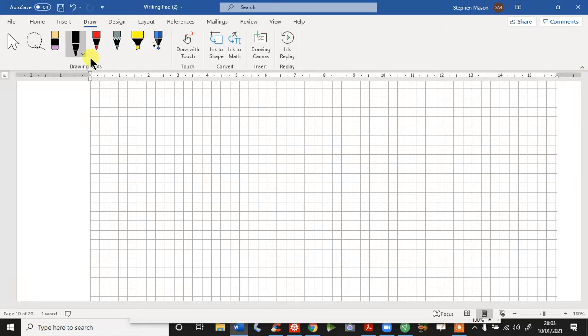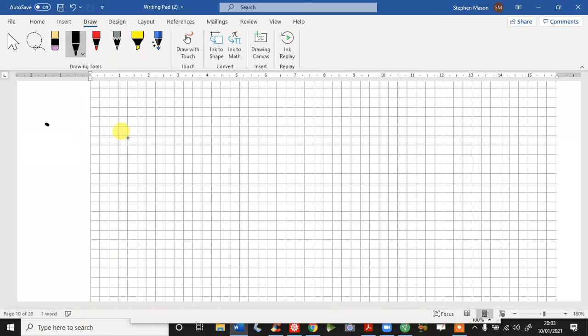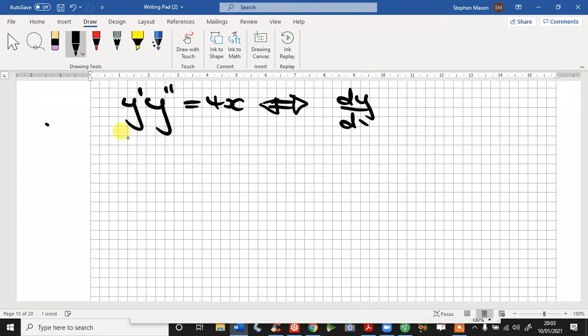So we've got y prime y double prime equals 4x. This is exactly the same as writing dy by dx times d squared y by dx squared. That too may not look very clear there, but anyway, we'll take a chance with it, and that is equal to 4x. Now that looks really quite complicated